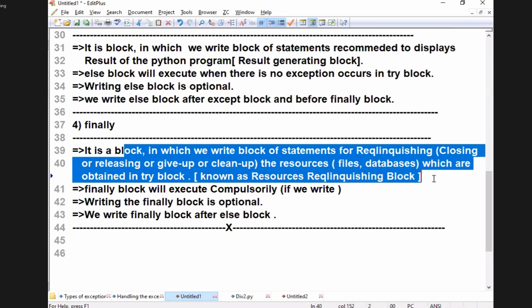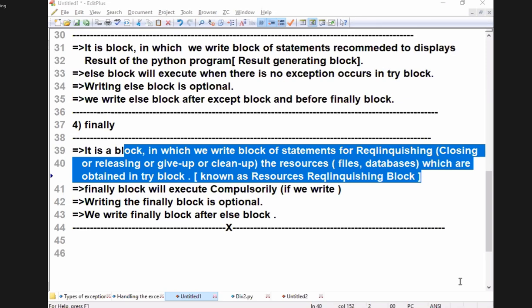Next, what is try block used for? Try block is for what purpose? No, I should listen. If you say by yourself, I cannot listen. Don't fear when Sir is asking a question. Tomorrow in the interview they will ask you this question compulsorily. What is the use of try block?